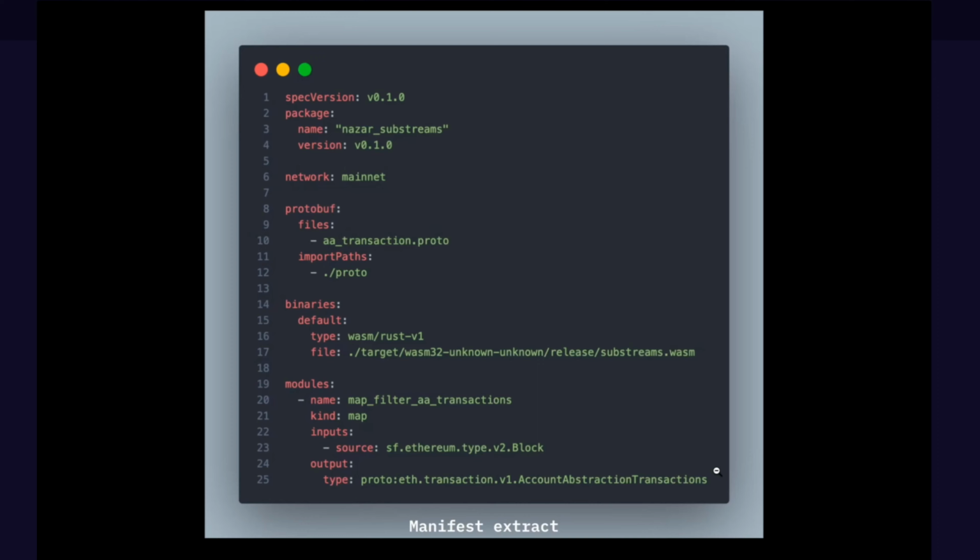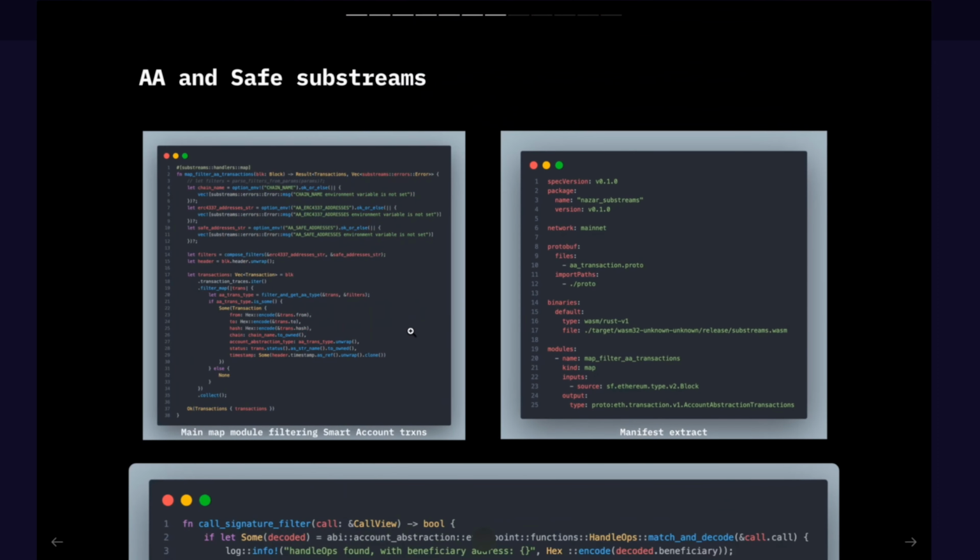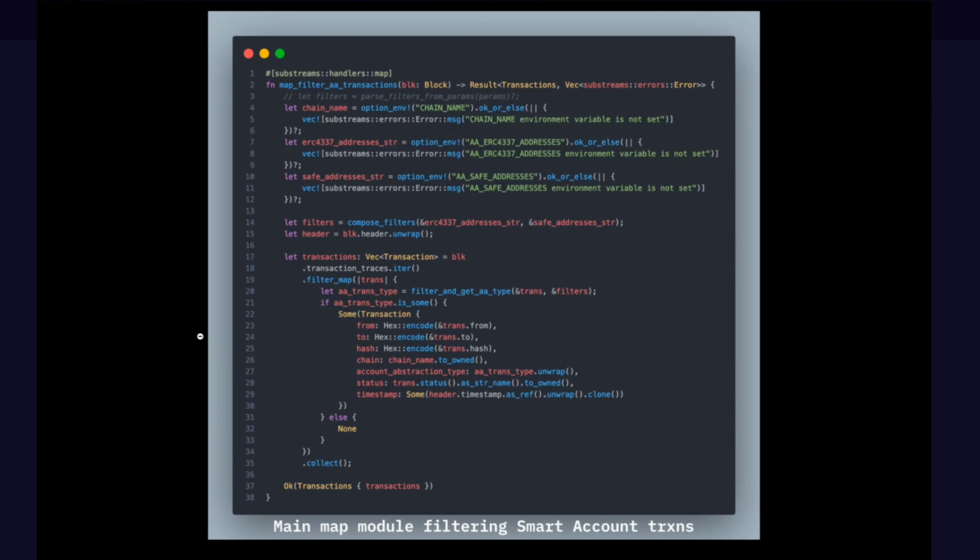The output is our own defined protobuf definition, which refers to account abstraction transactions. Now if you show the screenshot on the left, this one is the main module that I just told you about, where the filtering happens. We can see that we are loading the chain name and the addresses that we need to track, for example for the standard ERC-4337 entry point, and for the Safe transactions, it's a set of addresses that we are tracking in order to filter out the transactions happening with smart accounts. You can see that we are composing the filters based on this data, and then we simply go through the block